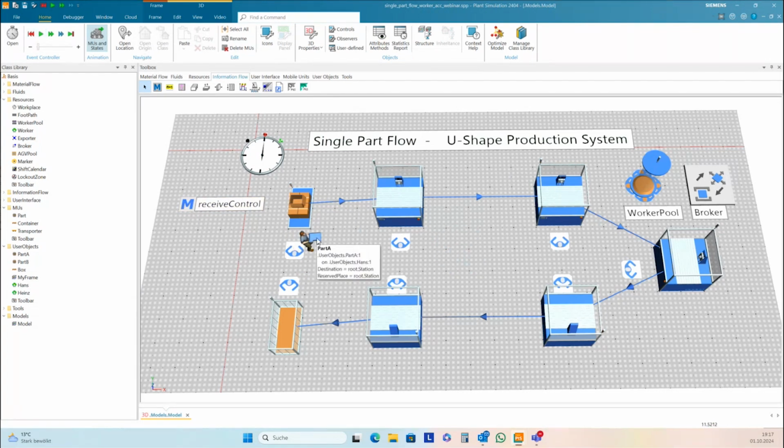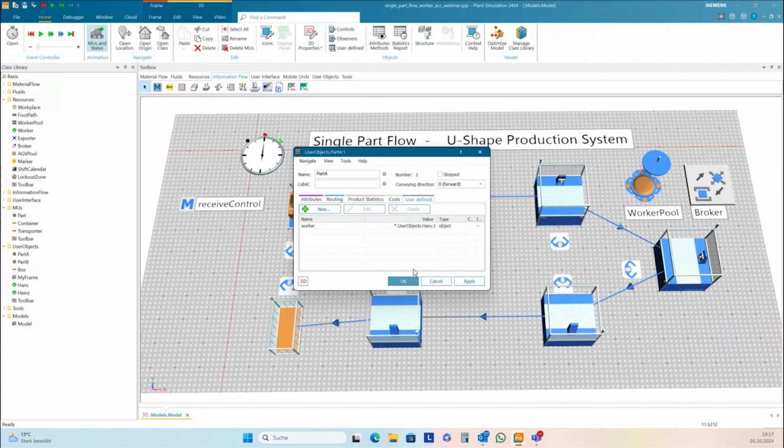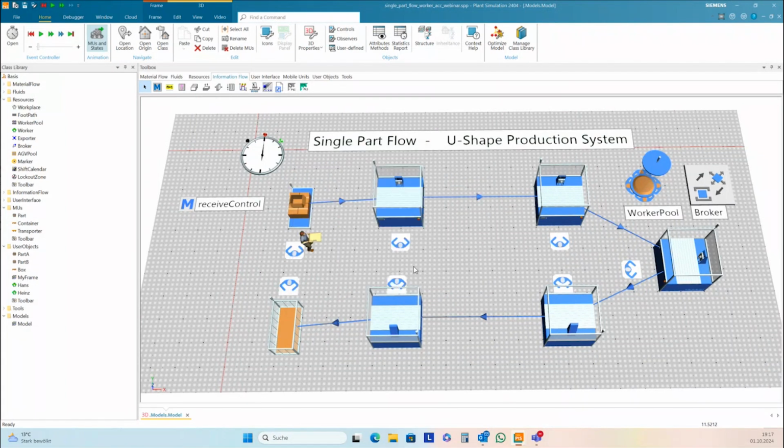So have a look into my part. And this user-defined attribute now, I have my Hans here assigned to this part. In the next steps, I need to mediate or engage this worker for all the tasks I have to do.